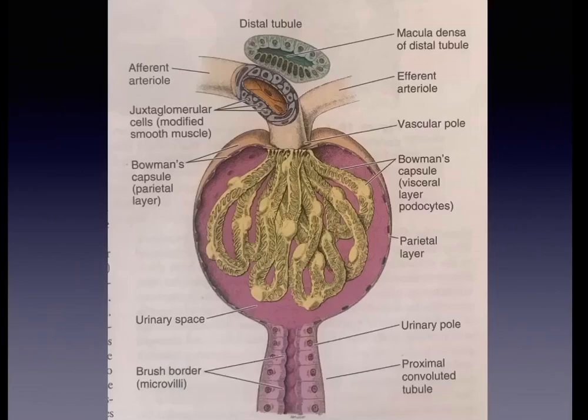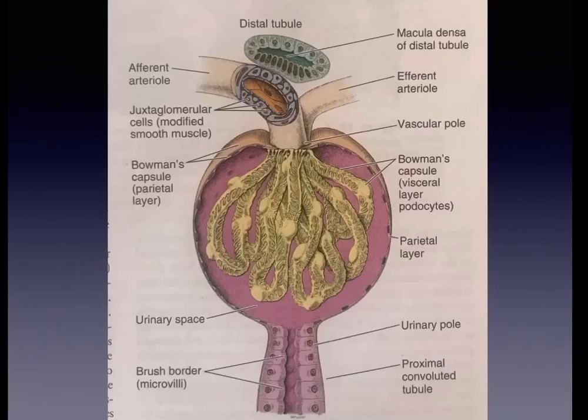So each glomerulus again has the urinary pole, wherein it continues as the proximal convoluted tubule, and the vascular pole where the afferent arteriole enters the glomeruli and the efferent arteriole will leave the glomerulus. In between the capillary network we have mesangium, which is made up of mesangial cells and the matrix. So this is the structure of the glomerulus. This will help you to understand the pathophysiology of the glomerular diseases, which will be covered in the next few chapters.